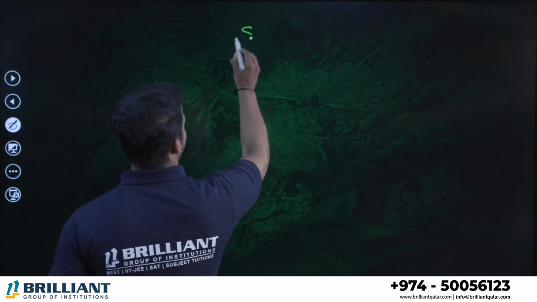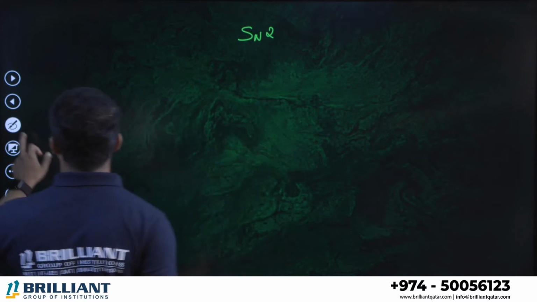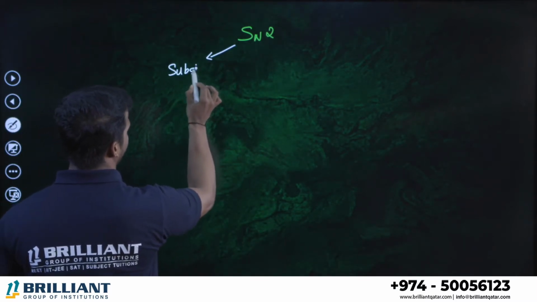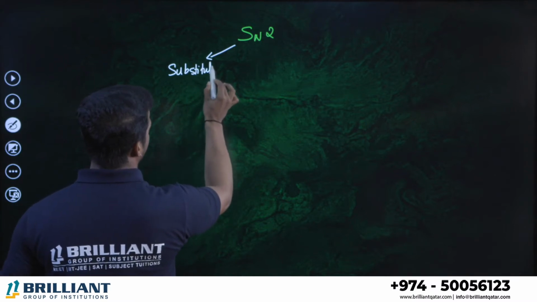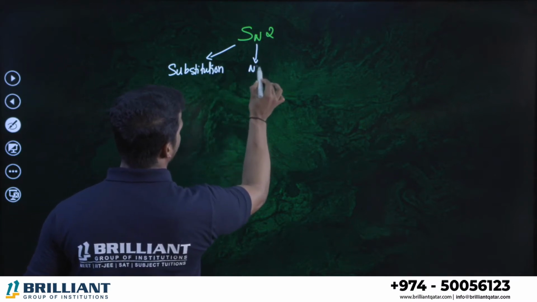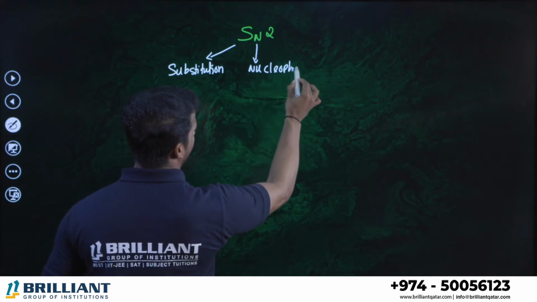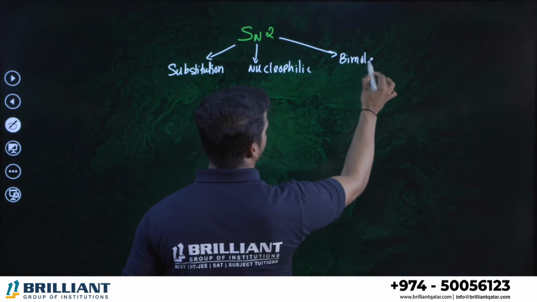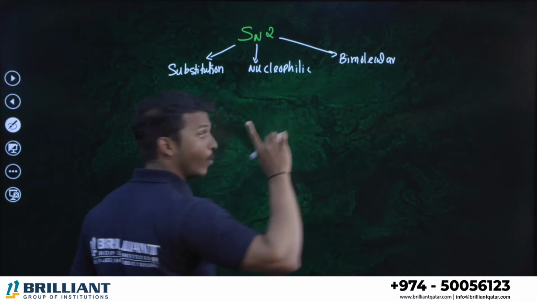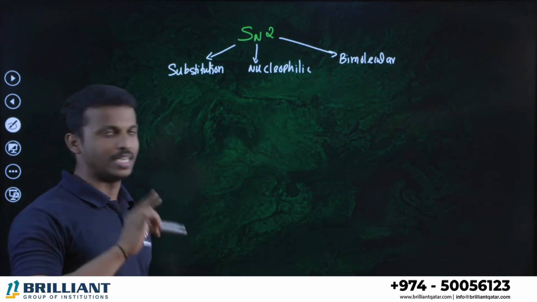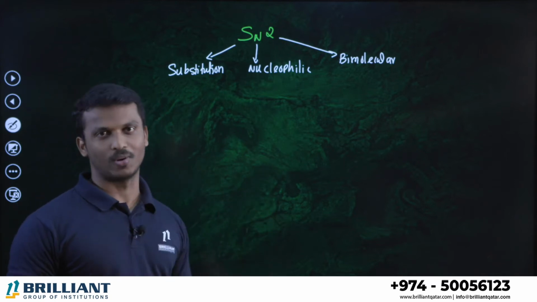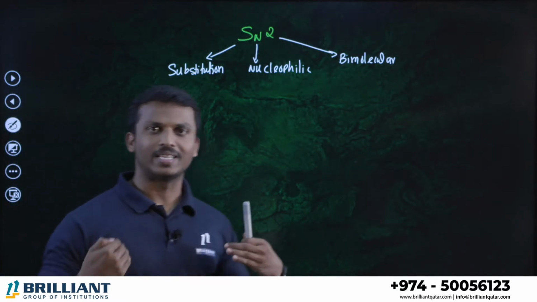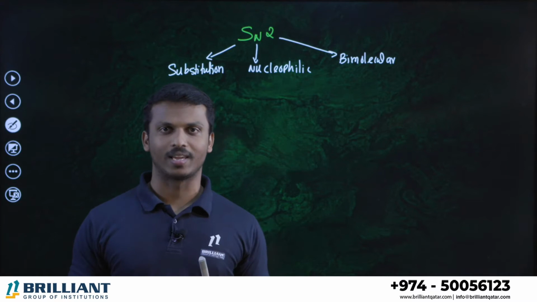So what is meant by the SN2 mechanism? SN2 stands for S, again substitution. N stands for nucleophilic. 2 stands for bimolecular. In SN1, 1 stands for unimolecular. We know the reason. Here it is called bimolecular. Alright. So, as usual, what we discussed in the SN1 mechanism, let us take a haloalkane and see